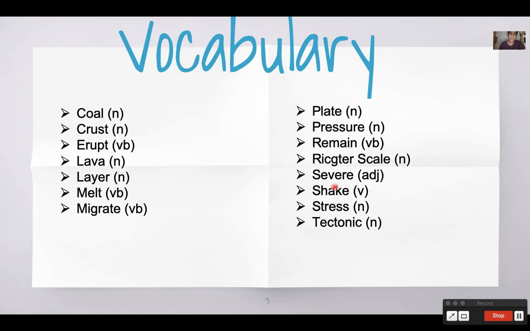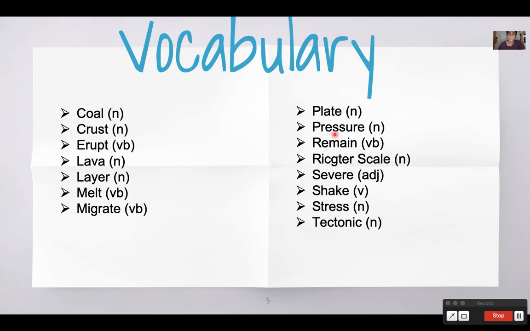Now we have this vocabulary that I will ask you to write in your notebook, and then you go to the dictionary or to Google Translator to look for the meaning, right? But first we have to repeat each word. So we have here: cold, crust, erupt, lava, liar, melt, migrate, plate,